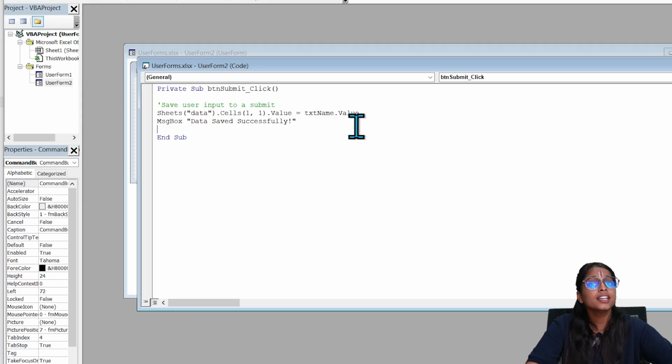Every control has properties, for example name, caption, and events like click, change that you can configure to define its behavior. Use the VBA editor to write event-driven code. For example, if you want to respond to a button click, you can write code in a similar way.